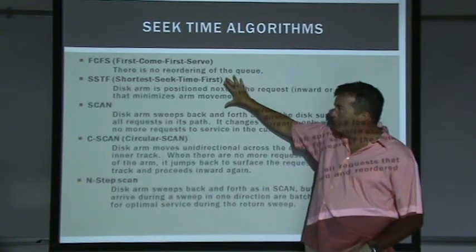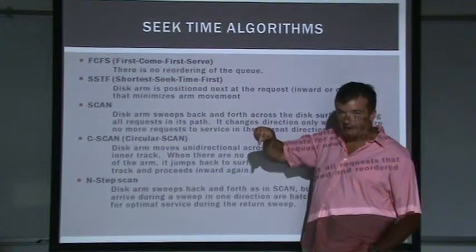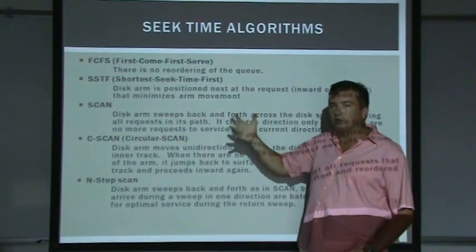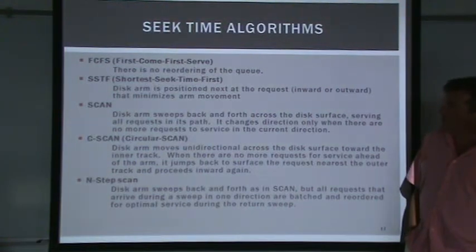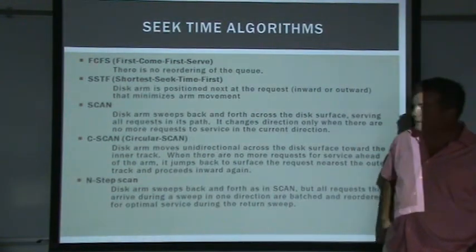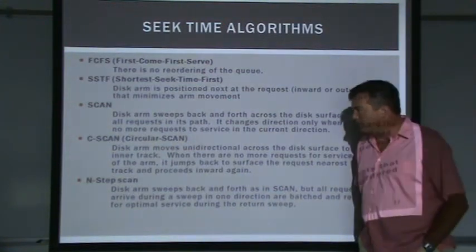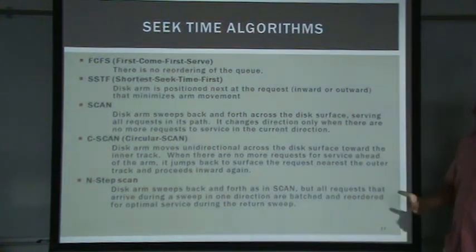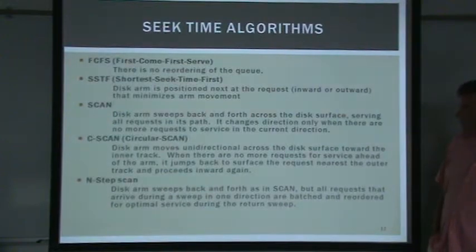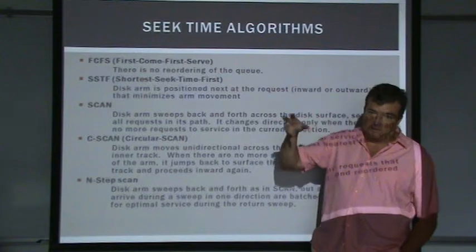So same thing here. What we're basically saying is requests that are very far away from the read-write head might sit in the queue a long time, almost a starvation situation, and the requests that are right near the read-write head get serviced quickly. So one way to avoid this starvation is to use what's sometimes referred to as the scan seek time algorithm. This is where the read-write head moves back and forth.